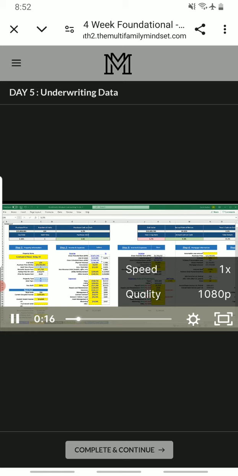Okay, so now we're going to go through these other tabs. Remember, rent unit mix, we'll cover that a little bit later. We're going to go through the underwriting data tab. So here we have information just mainly pulling from the input tab on kind of the T12 information for the